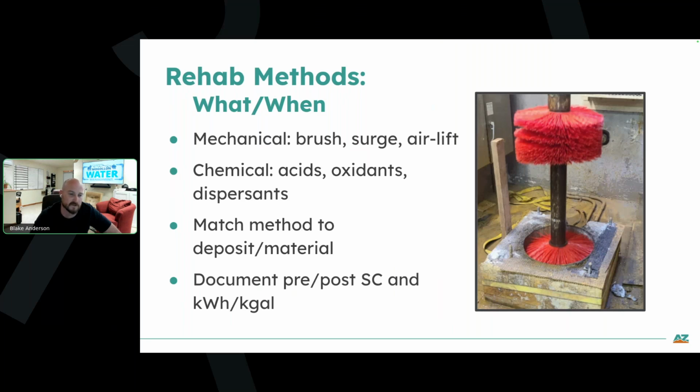And then really I would track your pre and post results. So video log before and video log after. You should have an idea of what your yields were from previous times it's been done, and then be able to compare that to after it was done. And if you are going to put anything down hole, protect your equipment, protect your customers, and make sure that you're neutralizing the chemicals that you're dumping and disposing per whatever rules are applicable.